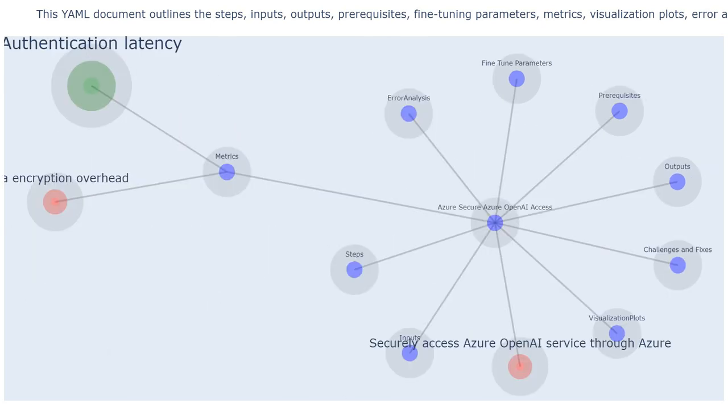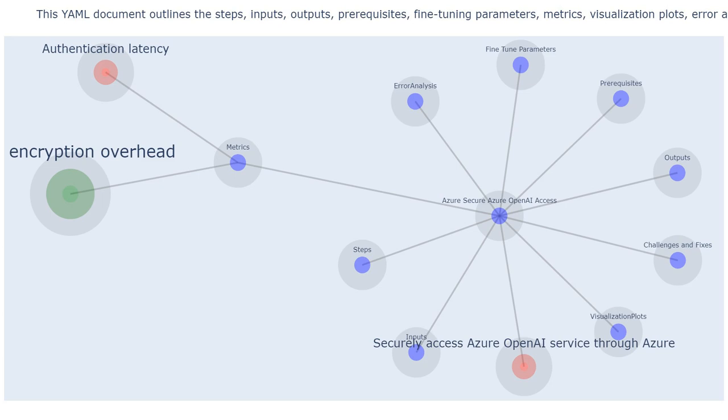Measure the time taken to authenticate with the Azure OpenAI service using Azure AD. This metric helps identify potential performance bottlenecks and optimize the authentication process for faster response times. Evaluate the overhead associated with data encryption and decryption processes during interaction with Azure OpenAI models. This metric provides insight into the impact of encryption on data processing times and helps optimize the encryption algorithms for